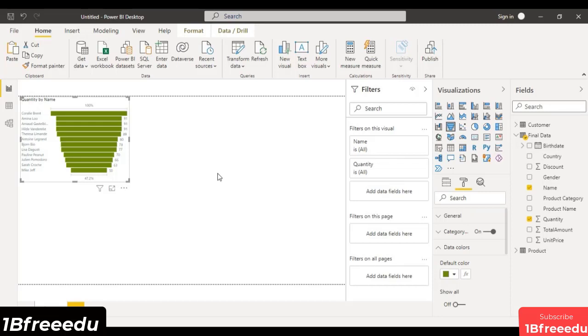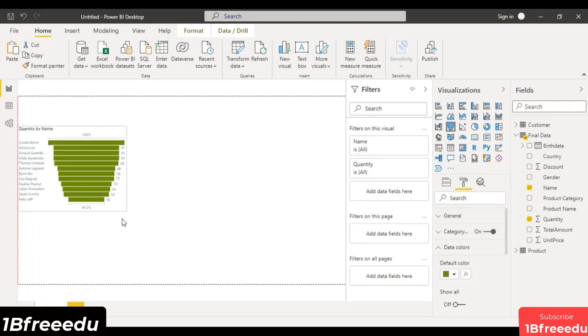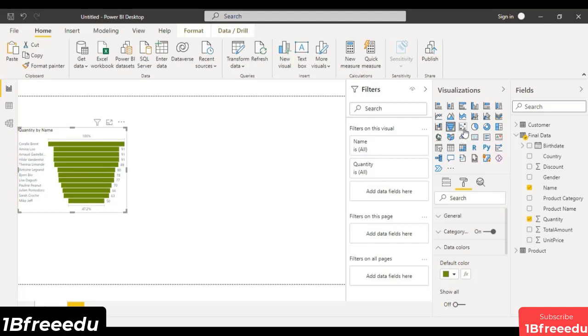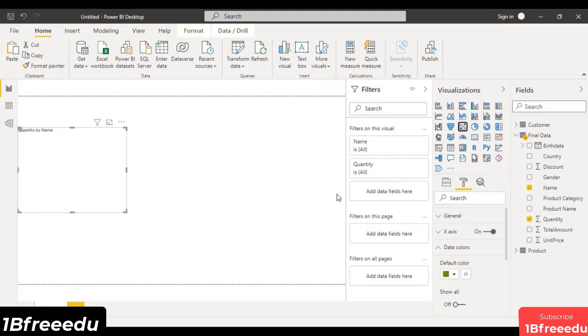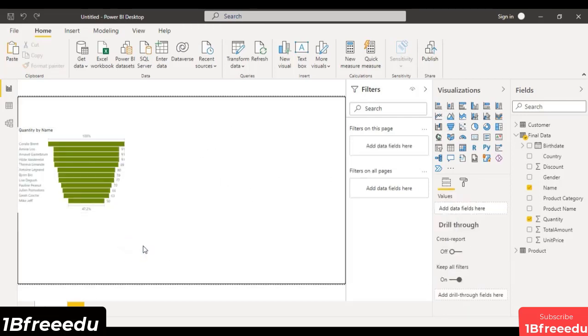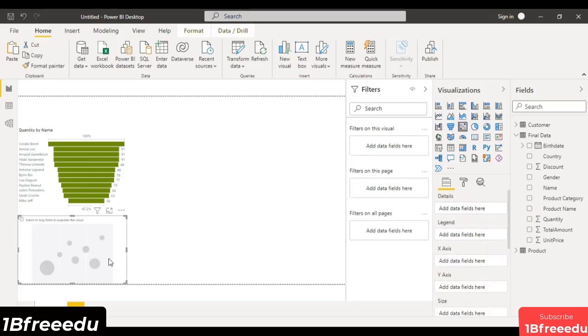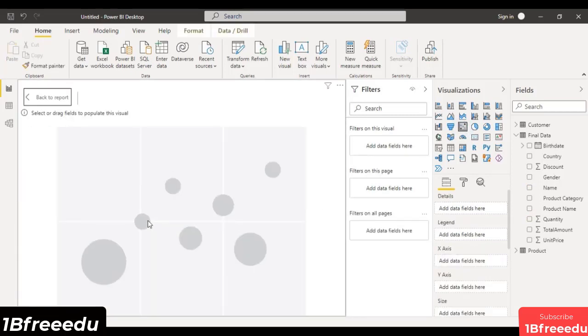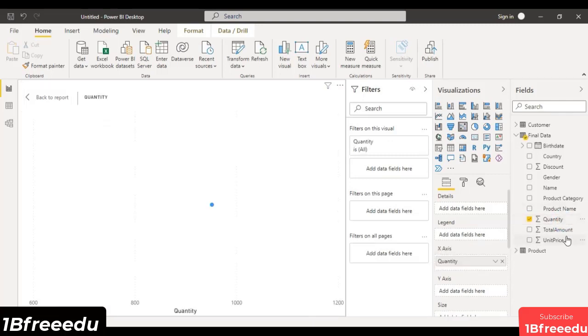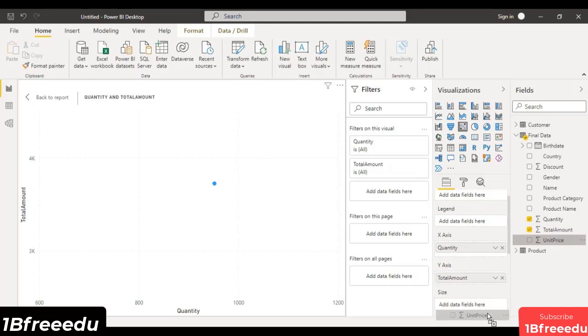Now let's talk about the second visualization, which was a scatter chart that we had created. Let's bring it down a little bit, and this is the scatter chart. Sorry, I just changed its type. A scatter chart is used to depict multiple numerical information. Suppose we want information about any of the products and how much quantity was sold. We can get the quantity in the x-axis, the total amount we got from it in the y-axis, and its price in the size.